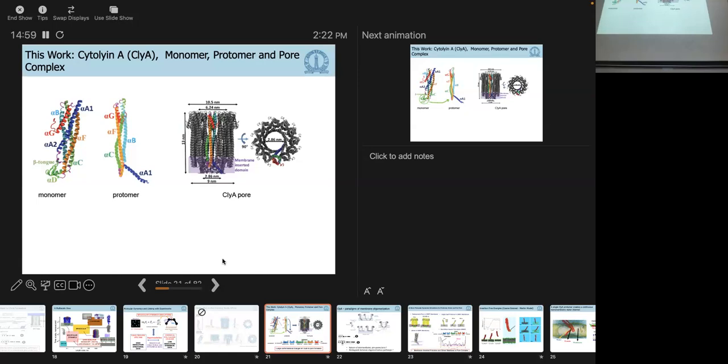So we looked at this particular protein, cytolysin A, which is expressed by E. coli, and the crystal structure had just been published by Nenad Ban's group at ETH Zurich, a fairly detailed structure. There were very few structures of the alpha toxins. Most of the structures that have been around are for the beta toxins, because the beta barrels stabilize the entire pore complex in the membrane. So there's been a lot of AFM work done with the beta toxins, as well as a lot of crystal structure data available. Although now we are seeing more crystal structures coming out with cryo-EM.